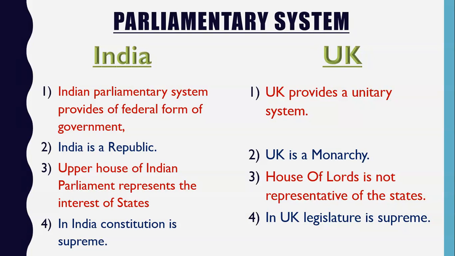For example, in India, districts are the administrative arms of the state. For example, district collector is subordinate to chief minister. District collector is the head of district and chief minister is the head of state. So district collector is subordinate to chief minister. Why? Because district is just an administrative arm of the state. District derives all its powers from the state.